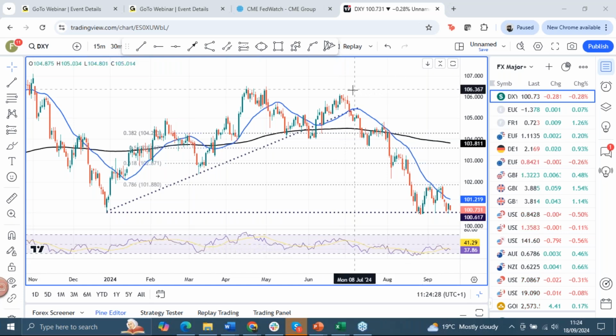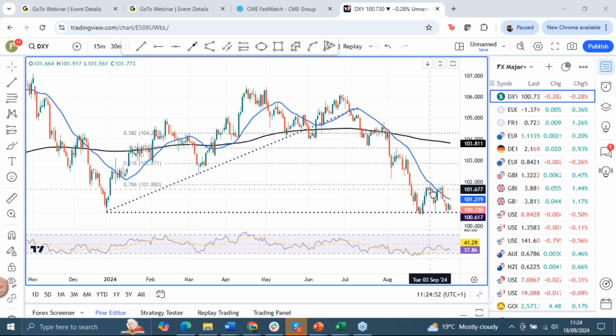But again, there is the thinking that we may get a buy the rumor, sell the fact sort of move. We move lower on expectations of a big rate cut and potentially dovishness. But if we don't quite get that, then bang, we bounce off this level again. And as I say, 101.21 is initial resistance, and then 101.88 caps the upside. You can see over the last couple of weeks that being stronger resistance.